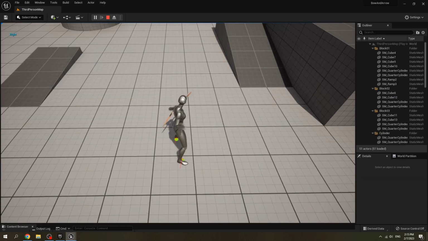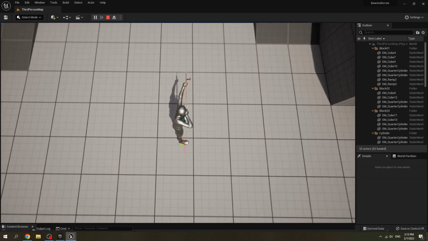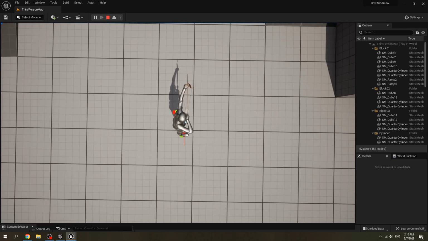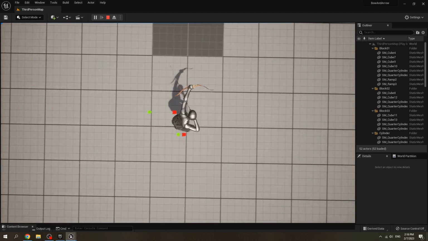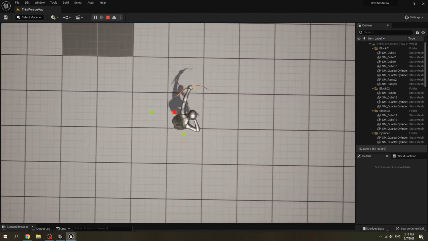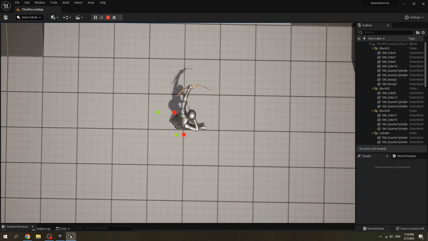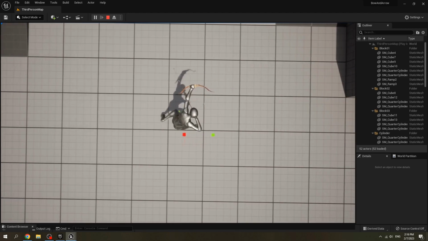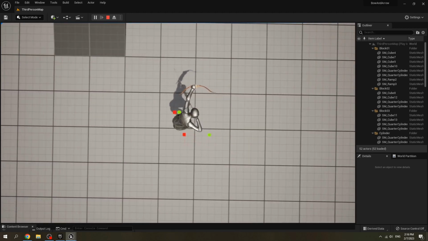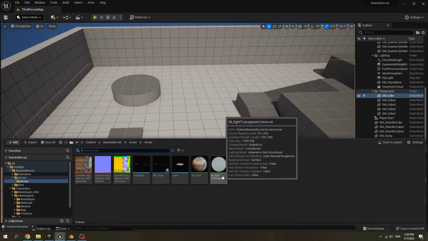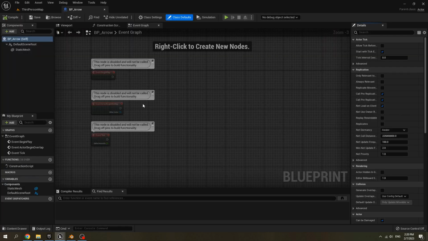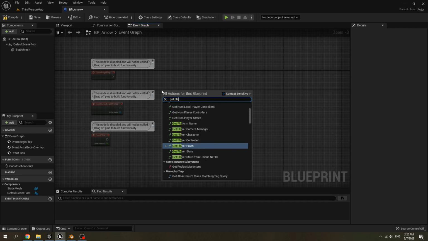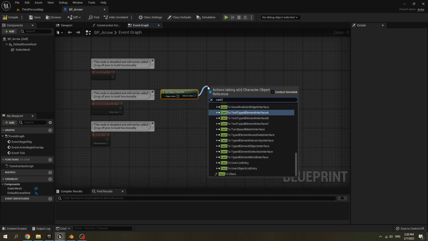Now if we aim the bow and look at the character from the top view, then when she walks right, the arrow will point to the wrong direction because the rotation of the right hand is different from the left hand. Go to our arrow blueprint, open the arrow and at begin play, get player character, cast it to